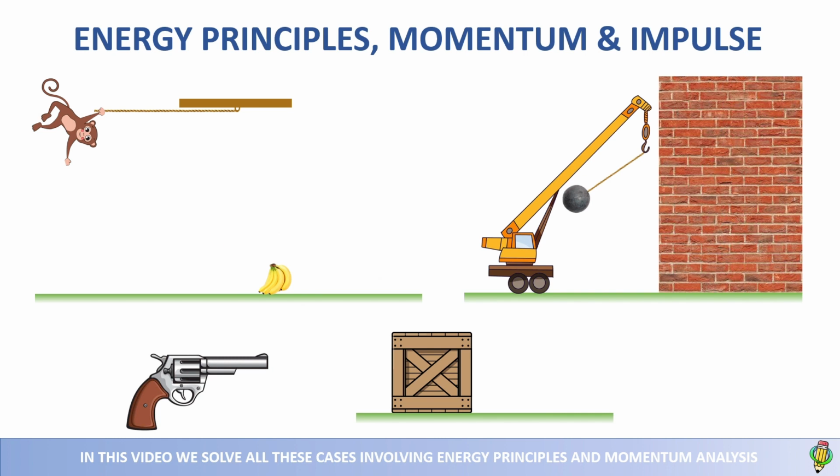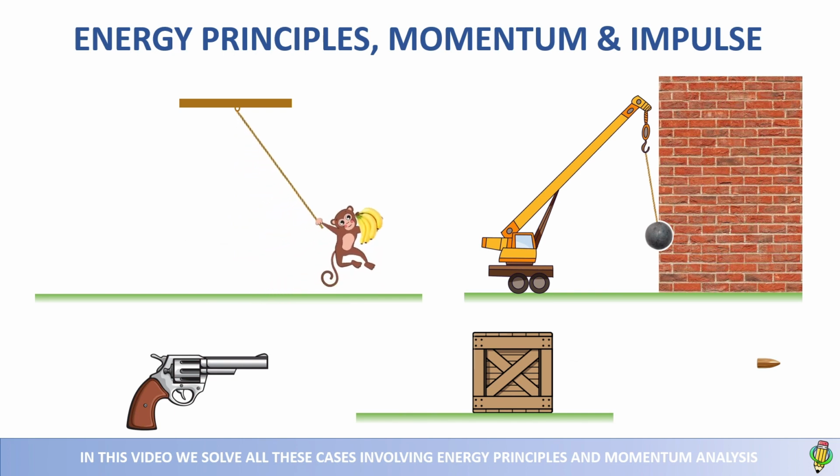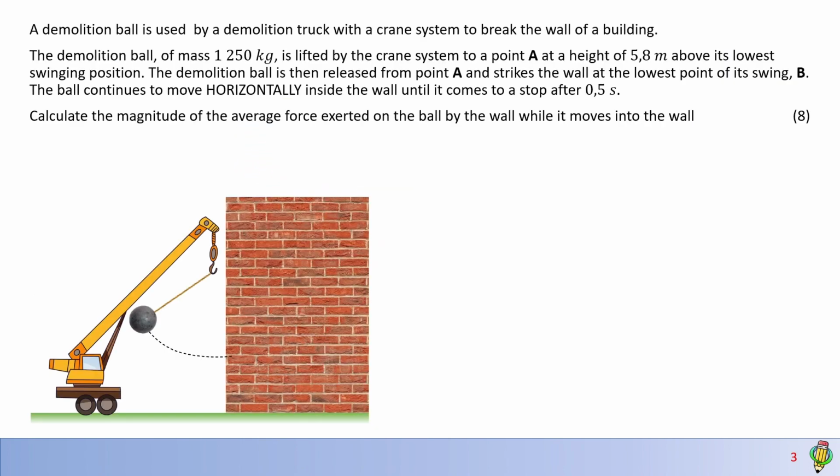Let's look at the work, energy and power problems involving the principles of momentum and impulse. The first example says, a demolition ball is used by a demolition truck with a crane system to break the